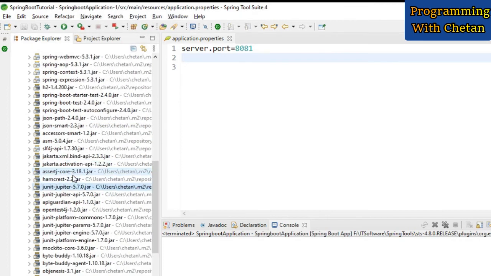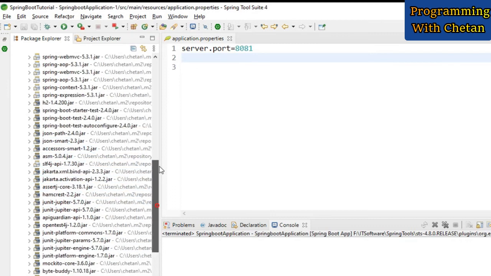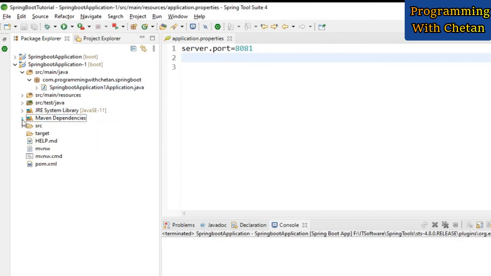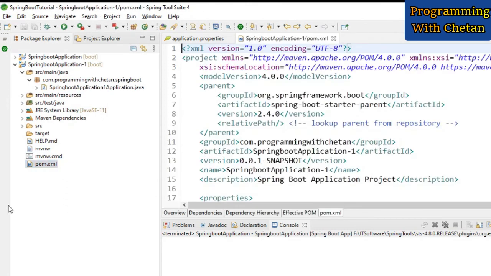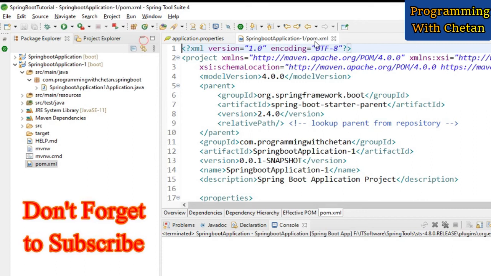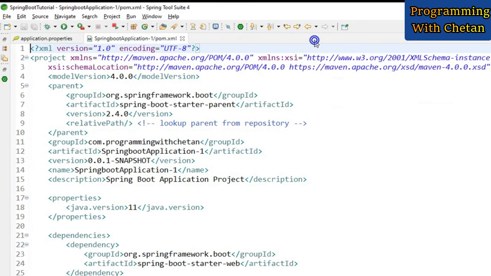Along with that, you can also see that it has downloaded JUnit, which is used for testing purposes. So you can see how simply we can add all the dependencies in a Spring Boot application. We don't have to worry about adding all these dependencies one by one. We just have to select the option, and Spring Boot will add all these dependencies in our project. And here you can see that this is again one of the very important files, that is pom.xml. By watching this tutorial, you can see that we are also learning about a Maven project. So this pom.xml is one of the very important files for our application.